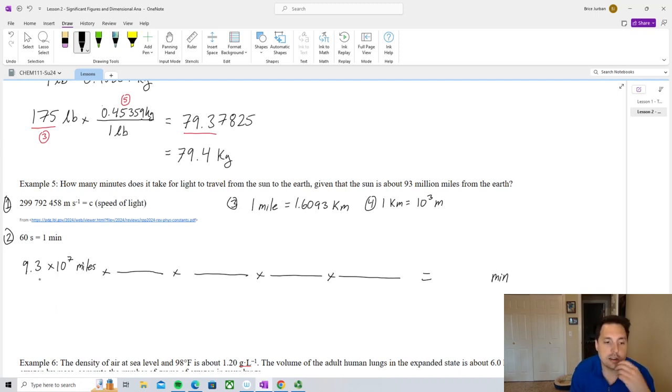We can start by taking the miles here and converting the miles to kilometers. So 1 mile is 1.6093 kilometer. 1 kilometer is equal to 10 to the 3rd meters. And then meters, we can convert to seconds using the speed of light. Now, this number here goes with wherever the meters is. Okay, so we can write it as